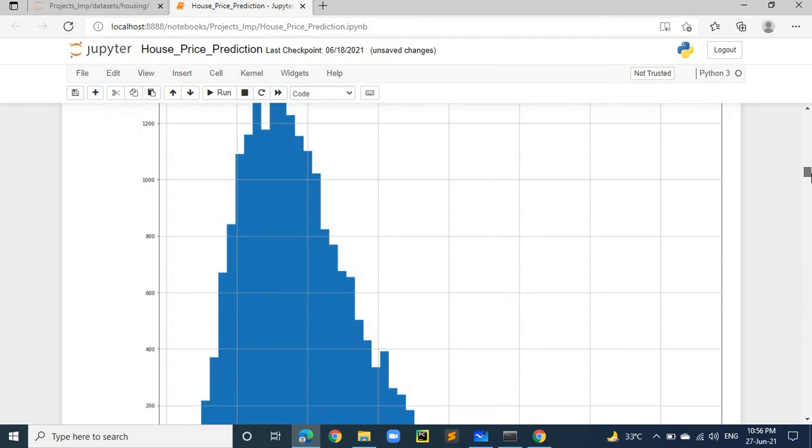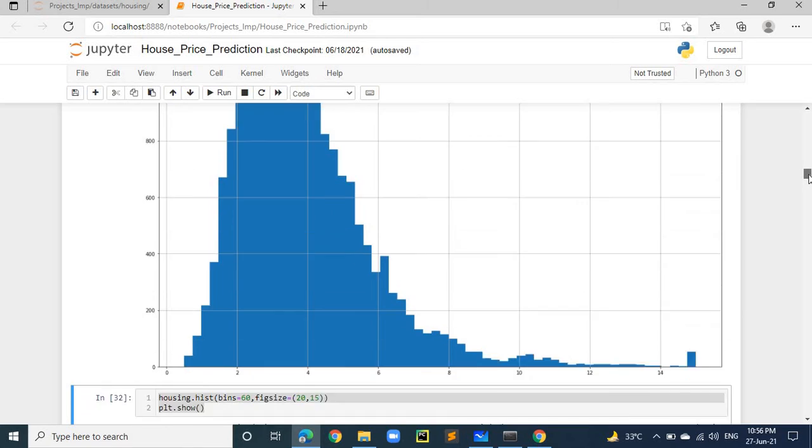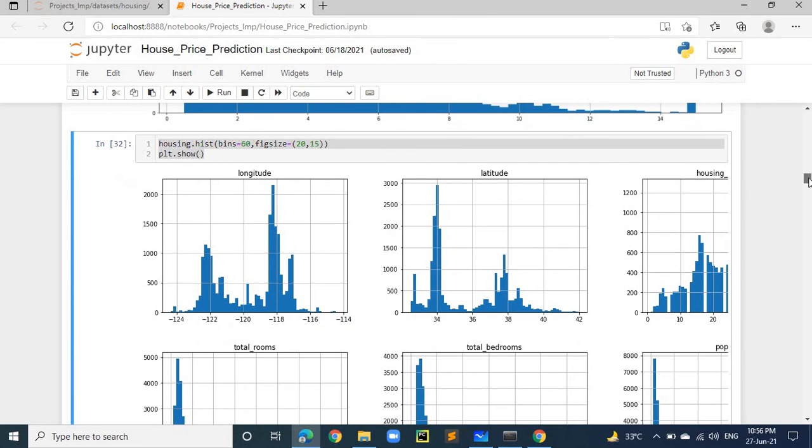The y column on the left-hand side shows the number of records. If you talk about this 2, for an income of $2000, the maximum number of people, greater than 800, are getting a salary of around $2000. In this way we can come to a conclusion.